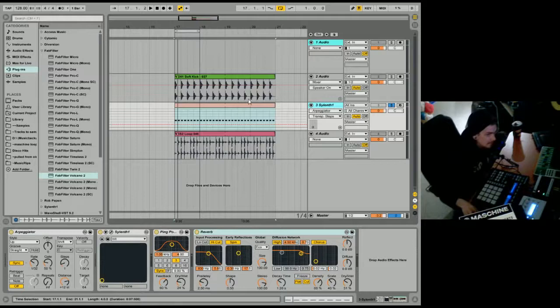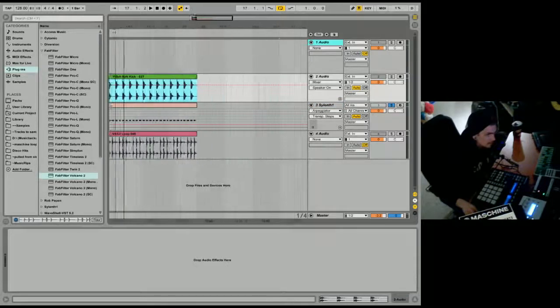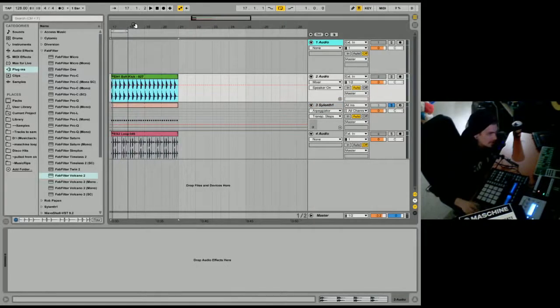And that's how you would construct a track using all of those in an infinite amount of combinations. And I believe that is the video for